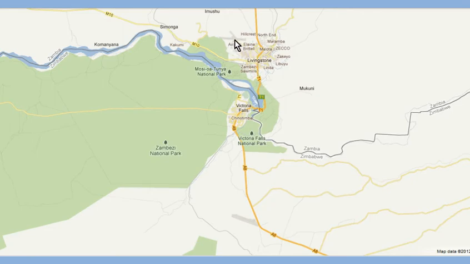You can also catch taxis, but if you catch a taxi, you'd have to catch a taxi to the border, you'd have to catch a taxi between the two border posts, and then you'd have to catch a taxi from the Zimbabwe border post to your hotel. So you'd end up catching 3 taxis, which is a bit of a nuisance when you've got luggage and that kind of thing. But if you catch a bus,